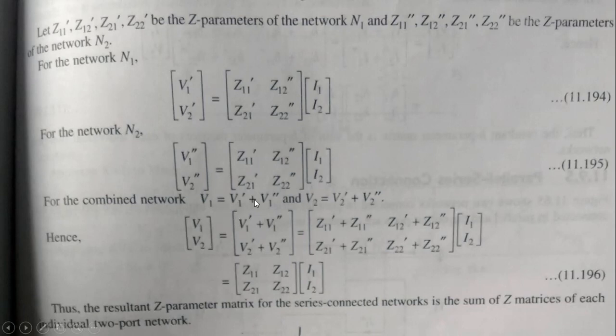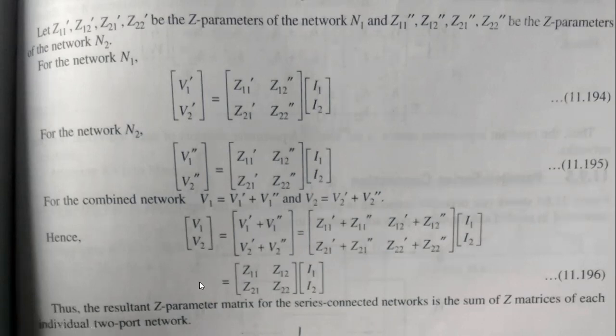So V1 is equal to V1 dash plus V1 double dash, V2 is equal to V2 dash plus V2 double dash. Now add here, in place of Z11, the voltages. Those voltages you can consider as V1 dash, V1 double dash, V2 dash, V2 double dash. Ultimately these are nothing but Z11 dash plus Z11 double dash, here also Z12, here also Z21, and last is my Z22. So in this way these are the ratios of currents, and the terms are nothing but the impedances Z11, Z12, Z21, Z22.